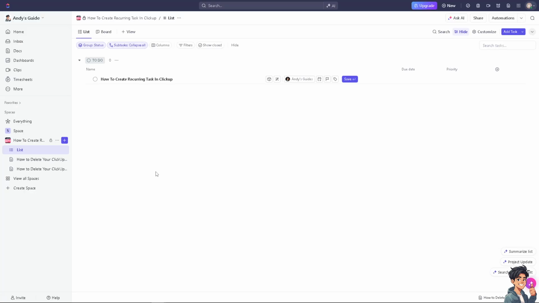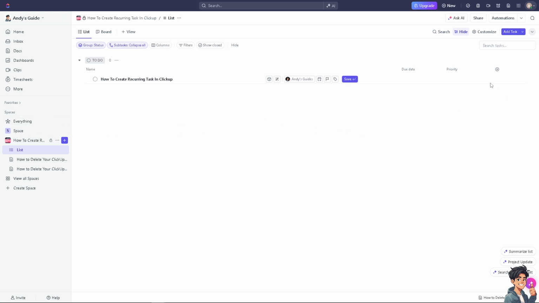Creating recurring tasks in ClickUp helps streamline repetitive workflows and ensures that tasks are completed on schedule. All right. Now, automate tasks that need to be performed regularly, such as weekly reports or daily stand-up meetings, to ensure they're not overlooked. It can reduce the time spent on manual task creation and avoid the need to repeatedly enter the same information